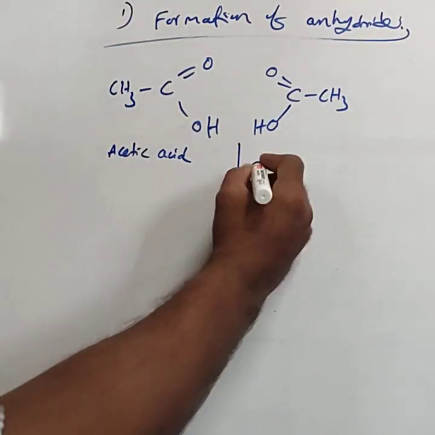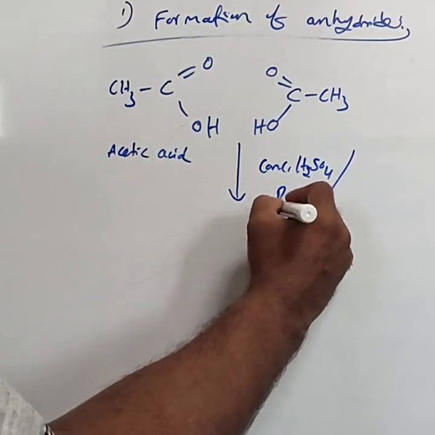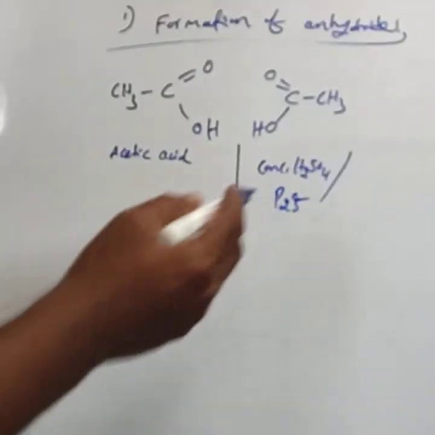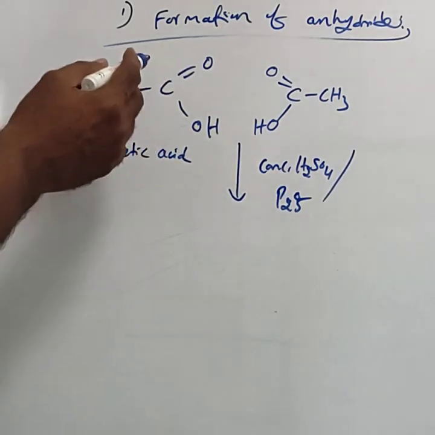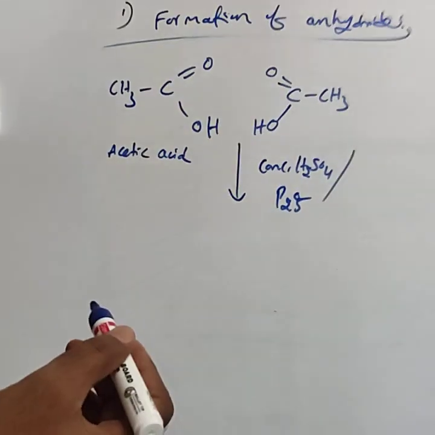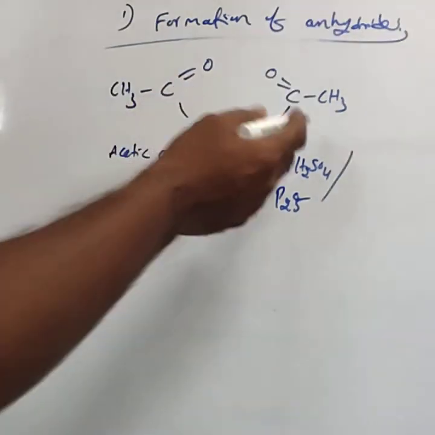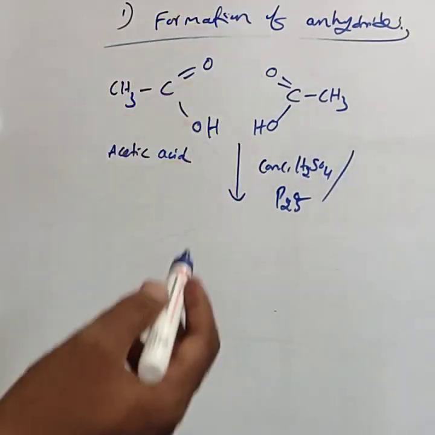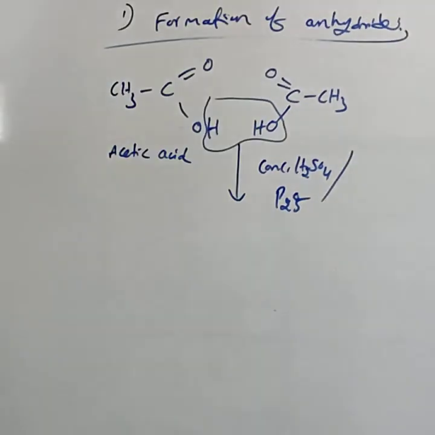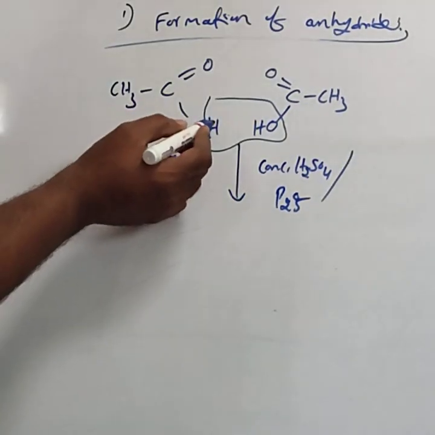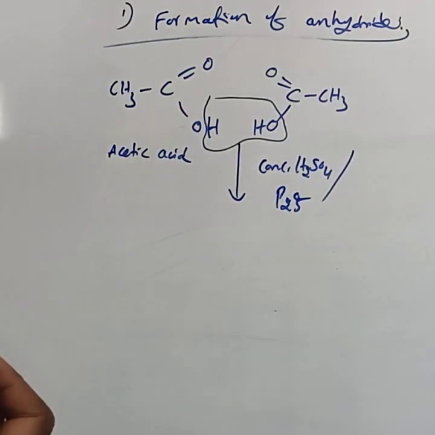On the arrow, they mention either concentrated H2SO4 or P2O5. Commonly, this question asks for completing the equation. That is, they give acetic acid on the reactant side and sulfuric acid on the arrow. Then identify the A. At that time, you assume 2 moles of the acetic acid. From the 2 moles, you remove the water molecule. This is the removal of the water. Here, OH bond cleavage occurs. From this acetic acid, C-OH bond cleavage takes place.